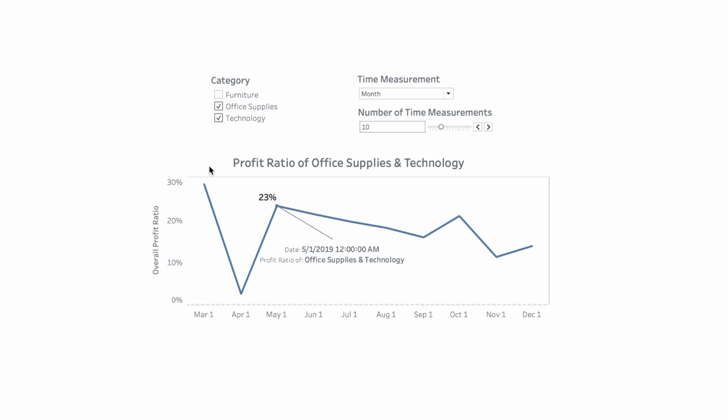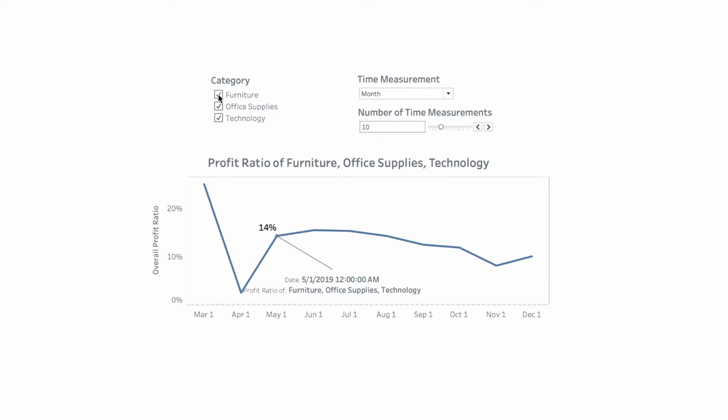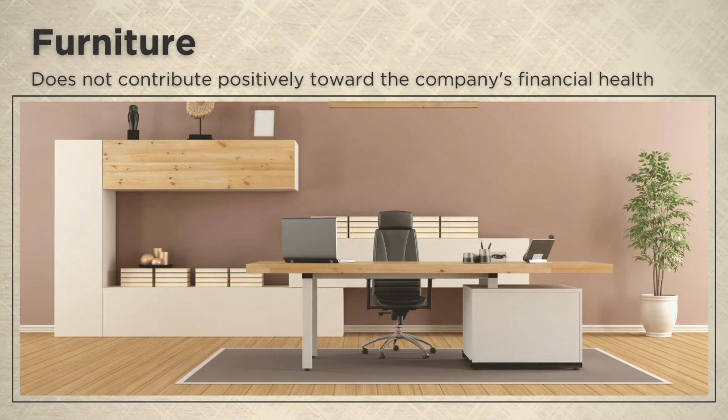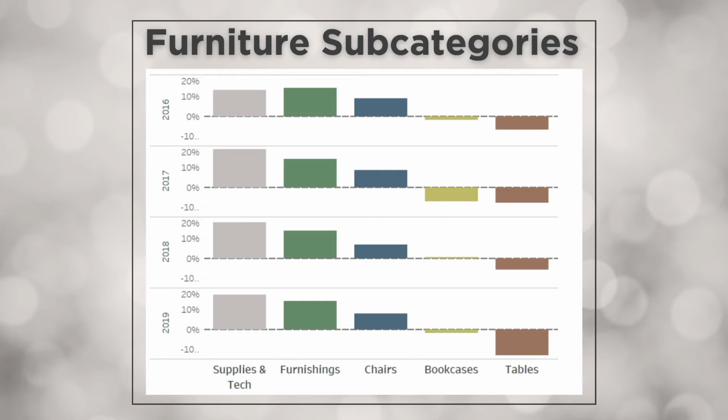That is because any time the category of furniture underperforms, it lessens the overall profit ratio. By viewing and analyzing the specific state of data, it can be determined that the company's financial health can be improved by cutting furniture from our catalog. However, the data we